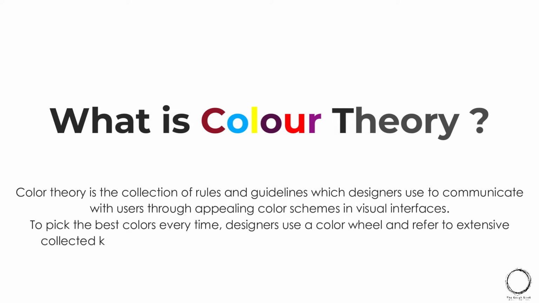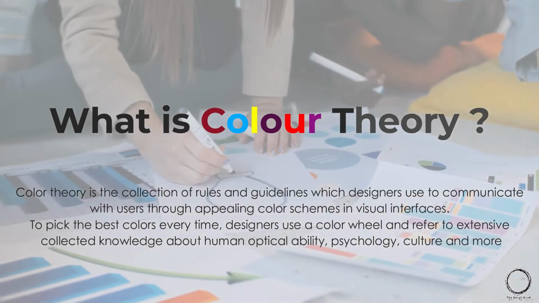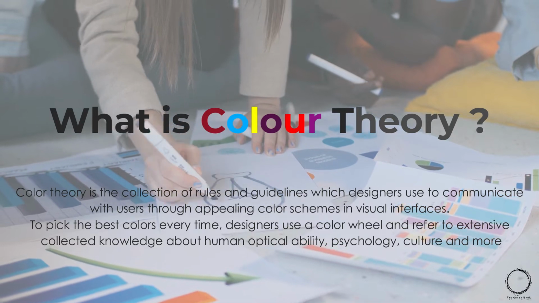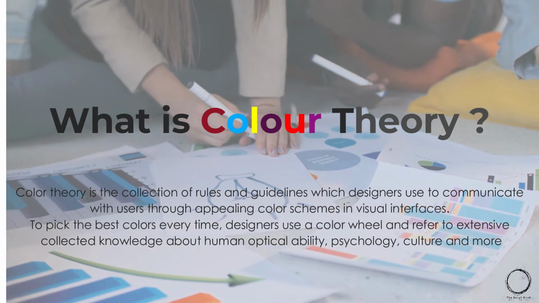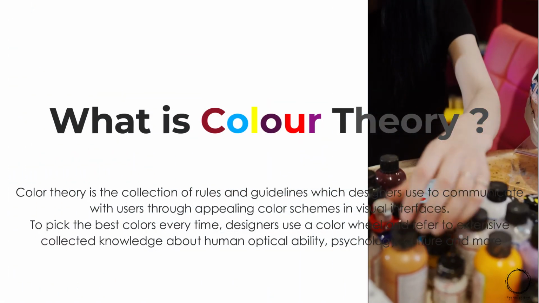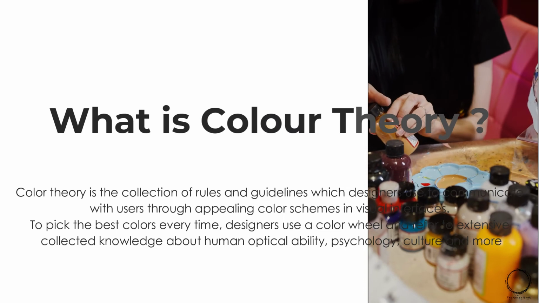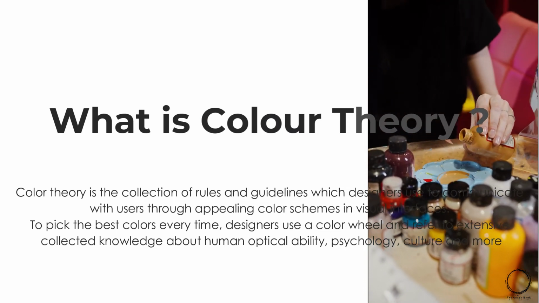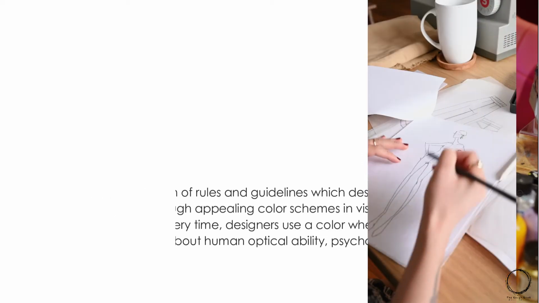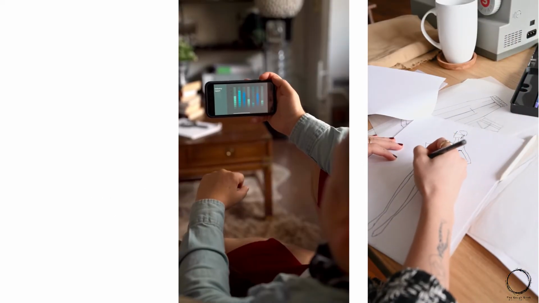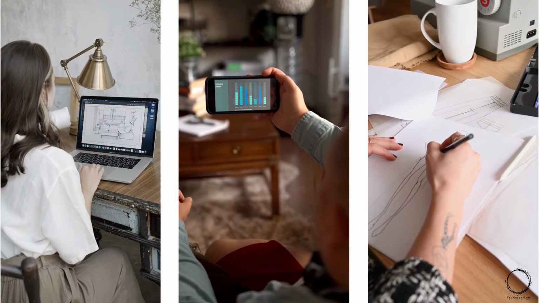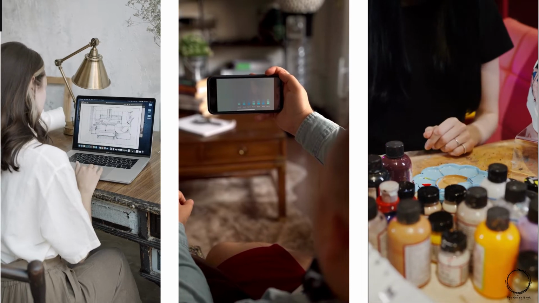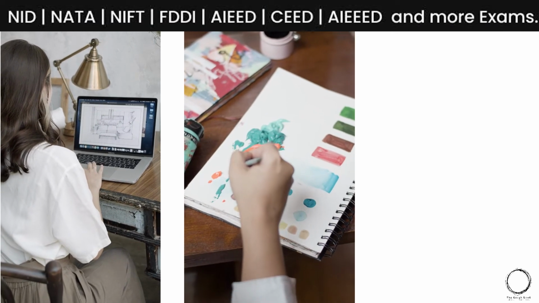Starting with what is color theory. So, color theory is the collection of rules and guidelines which designers use to communicate with users through appealing color schemes in visual interfaces. To pick the best colors every time, designers use a color wheel and refer to extensive collected knowledge about human optical ability, psychology, culture, and more. Color theory is literally used by every designer, from a graphic designer to a fashion designer to a jewelry designer, an architect, and also the budding designers, as it is included in all the design exams like NATA, CEED, Uceed,